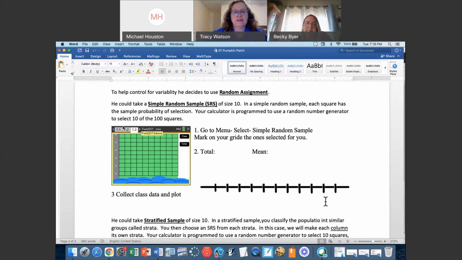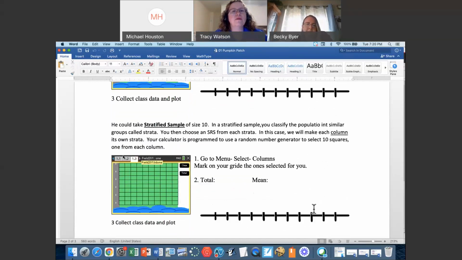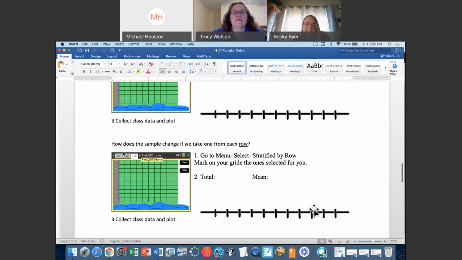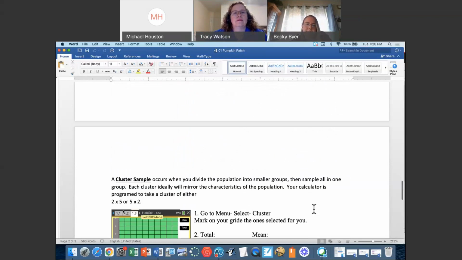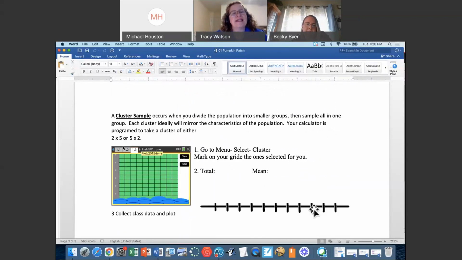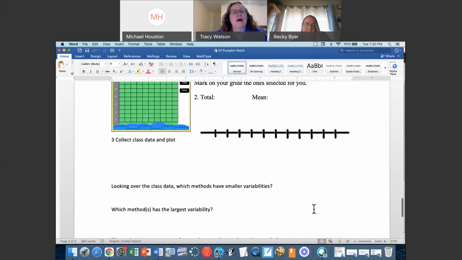And it does it for different samples. Ask them to do stratified, each row, and then there's cluster. So they can see all of those different class data plots then.